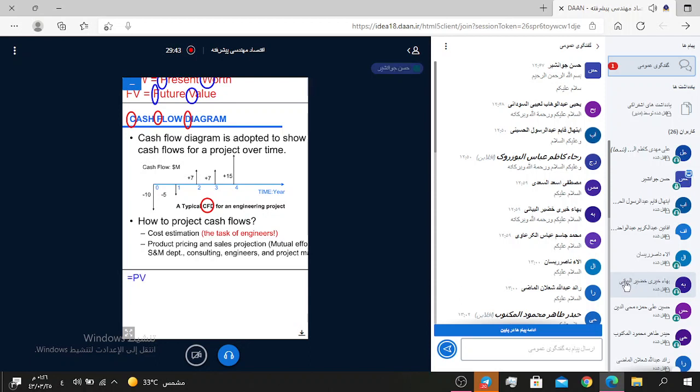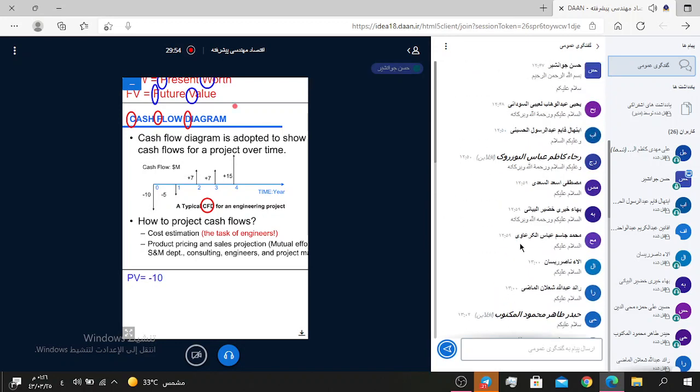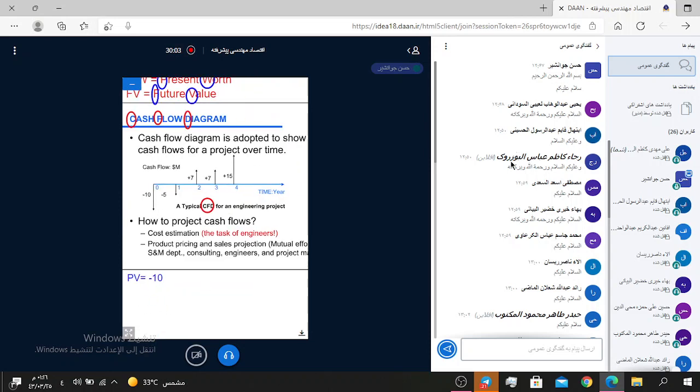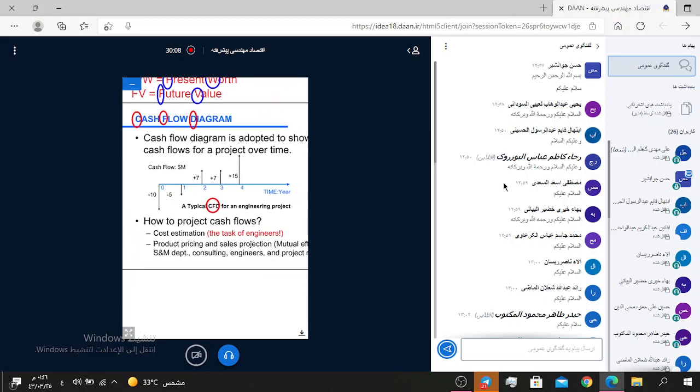PV equal to minus 10, present, equal to minus 10 minus 5